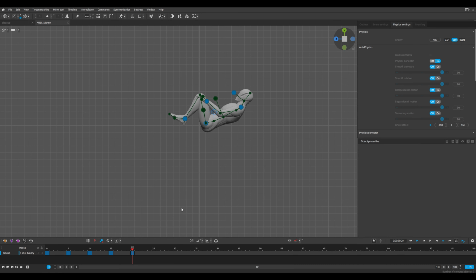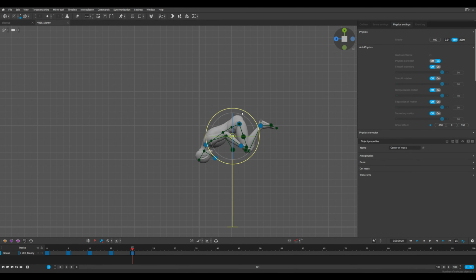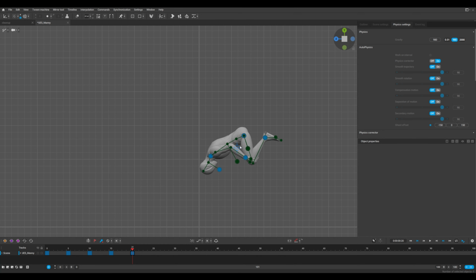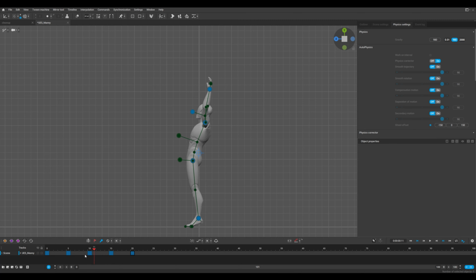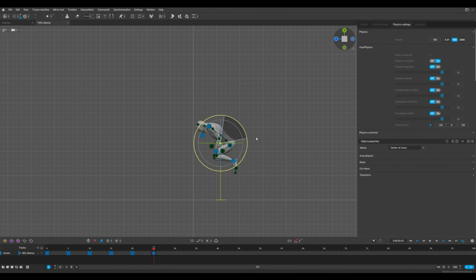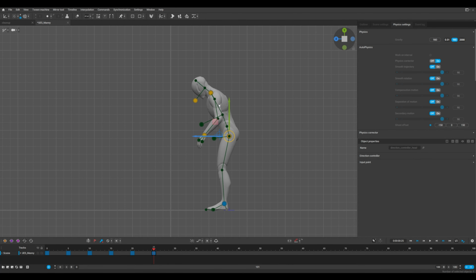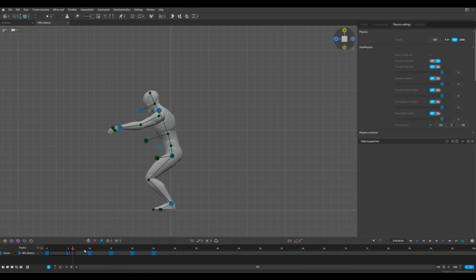I will create another keyframe and rotate this character in the mid-air. Actually, you don't need to give this keyframe, but it's better to have keyframes like this, because then the software doesn't need to guess what the next motion will be. After that, in frame number 25, I will rotate this character like this, and now we have to make this character stand. We have to create this pose, or the easiest way, I would say,